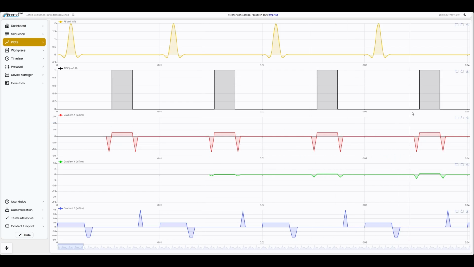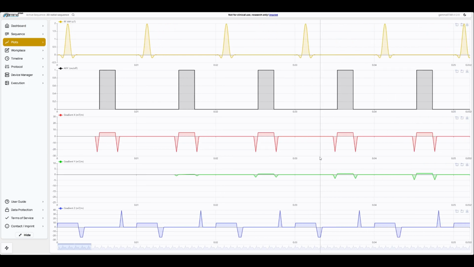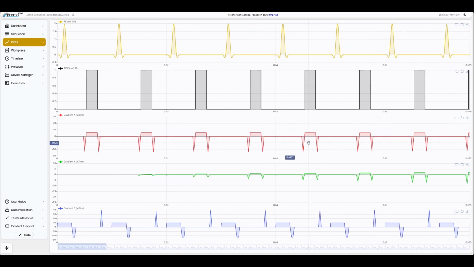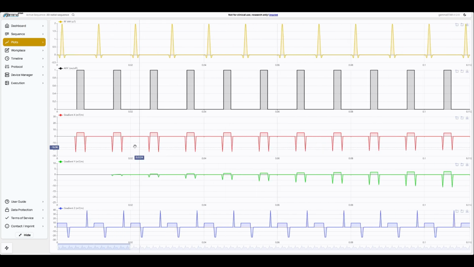But now, as we see during the readout event, we have both x and y gradients, which tells us that we are not traversing in a rectilinear fashion through k-space, but that we are traversing in a radial fashion. And we see that with increasing repetitions, our x gradient will decrease while the